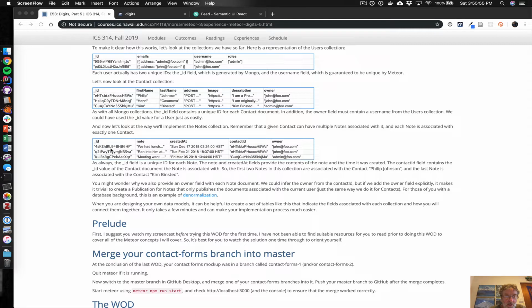Created by Mongo and maintained by Mongo, although those things will be unique. And it will have a note field, which is what you type into the little form. And then whenever you hit submit, we will generate a date object that will indicate the timestamp at which the note was created. And then the contact ID is going to be the doc ID of the associated user who created this note. So you can see this ID that corresponds to this particular user, which is me, or I should say this